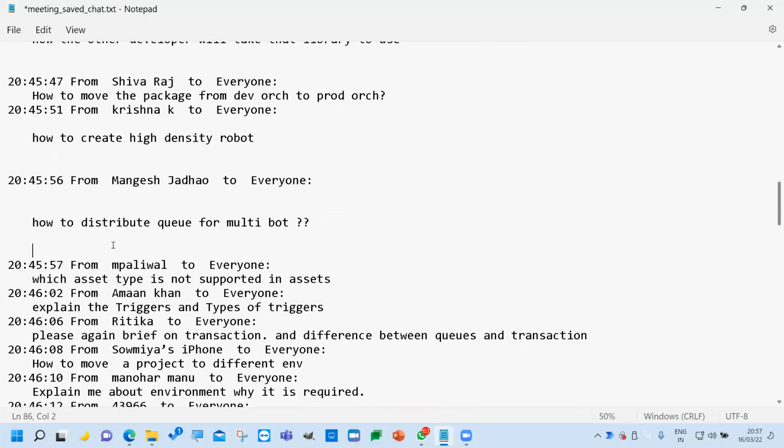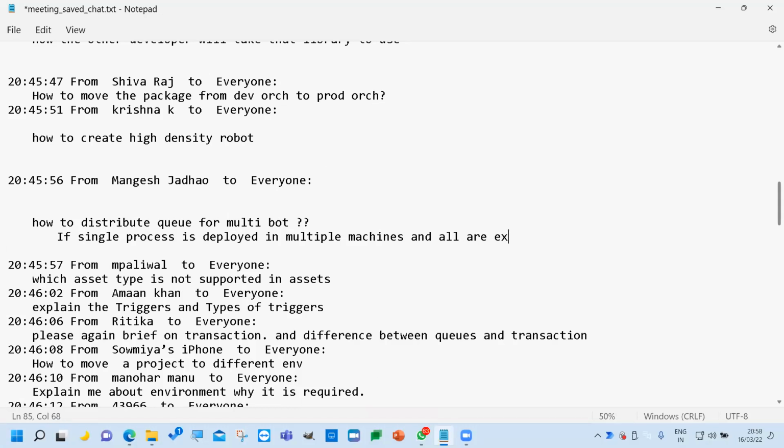Yeah. So in the multi-bot, just imagine the performer. If you deploy into multiple robots and use Get Transaction Item, it automatically takes the new queue item. It's not specially designed for multi-bot.